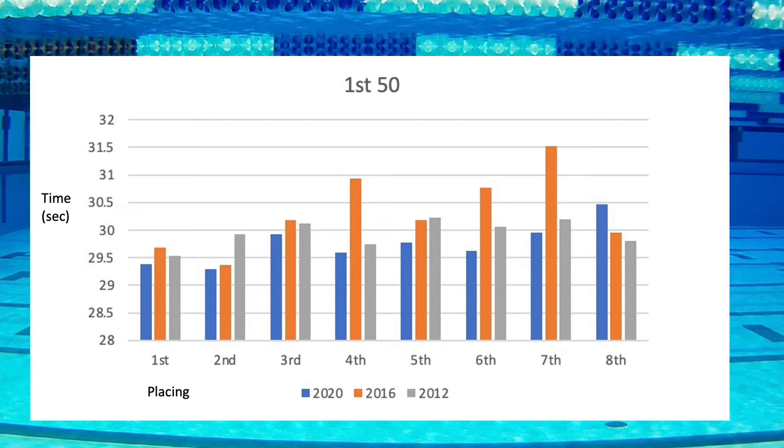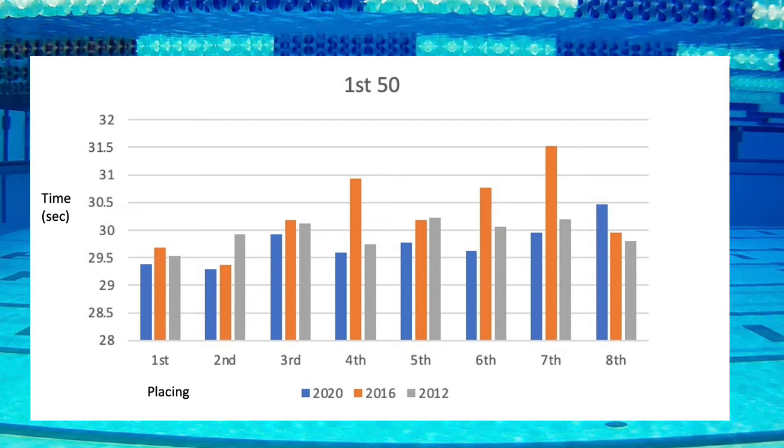The lady who placed second overall was Canada's Kylie Masse, and her race strategy was to take control of the race from the very beginning, which she did up until the 150 meter mark, which we'll come back and talk about a little bit later. So if you're not out fast enough, you're not going to be able to close fast enough in order to be able to get on the podium.